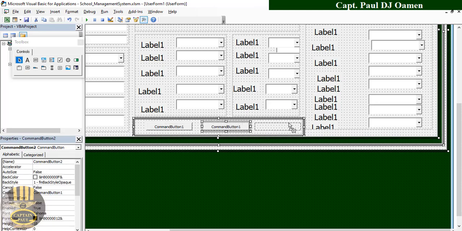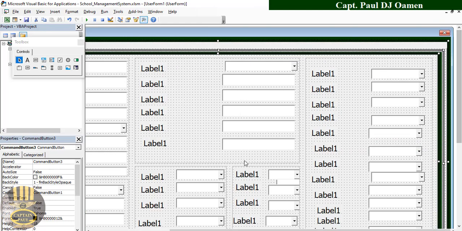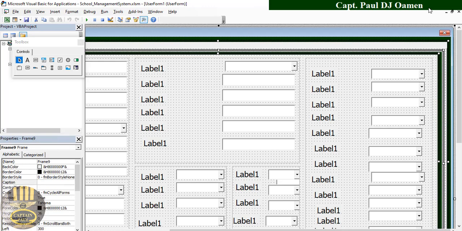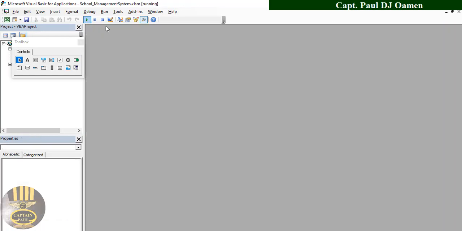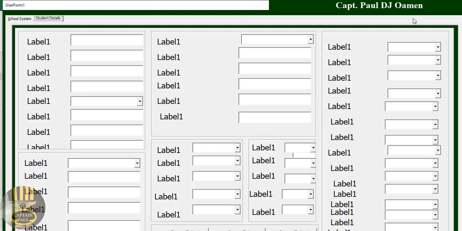Alright. Okay, now let's come in here and tidy up things. So if I run it now, let's run it and you see how it's looking for now. So click on run. This is how it's looking. Looks pretty rough though, but let me make it look a little bit